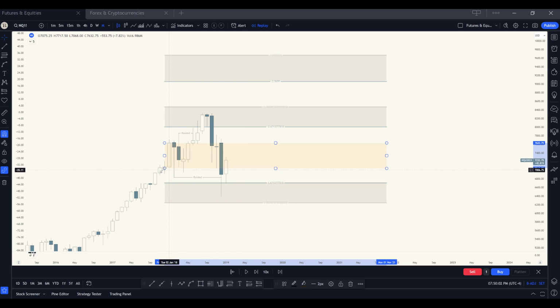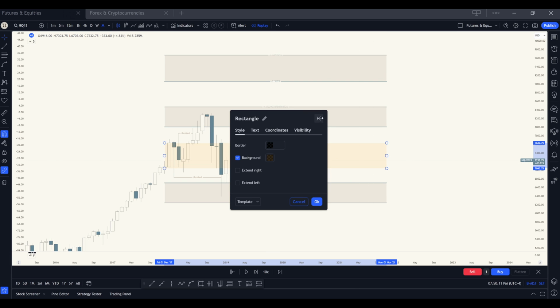So our initial condition, our initial consolidation itself can act as its own range as well, which if you want